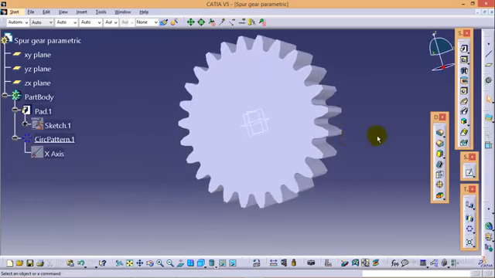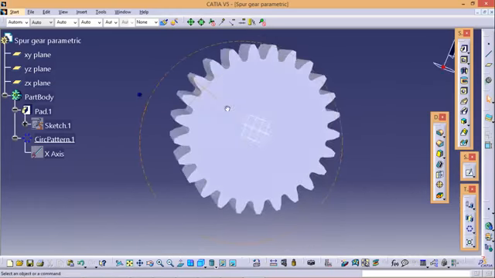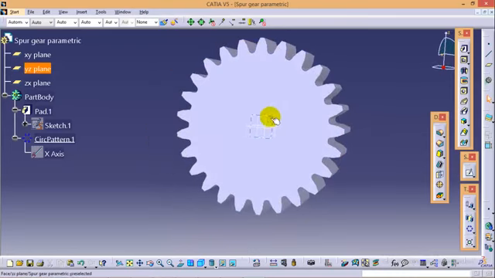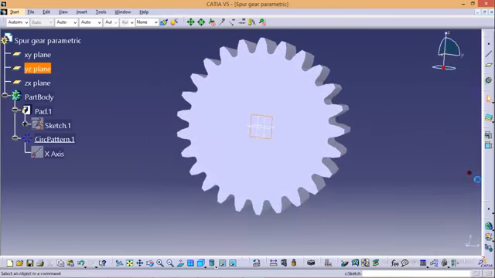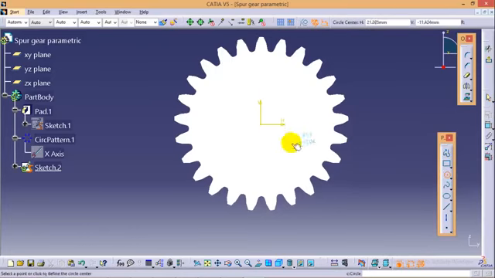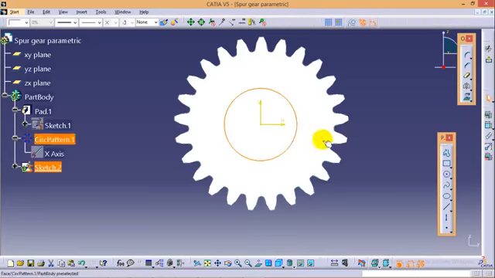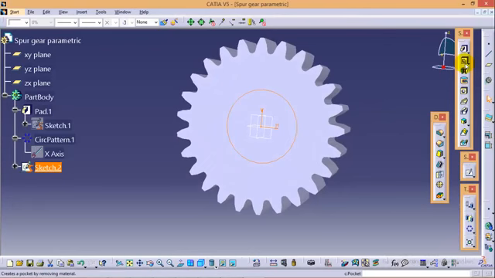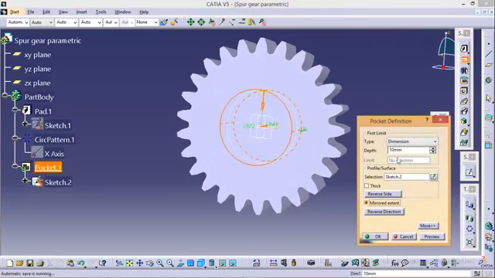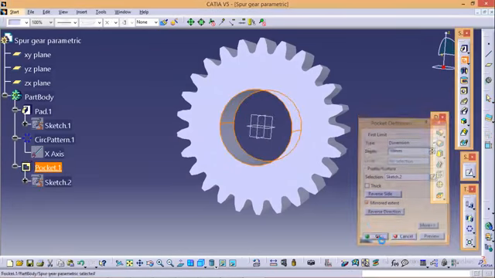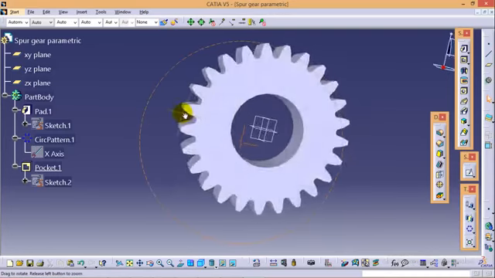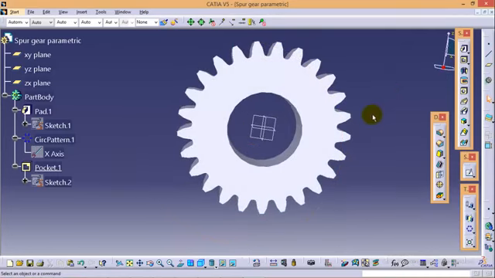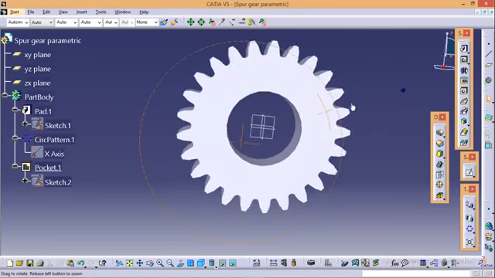Now one more thing that we need to do is create a hole for the shaft. So quickly select this YZ plane over here, go to sketch, make any circle with a comparatively smaller radius than the base circle, like this, and use a pocket command with a mirror extent of 10 mm each side. So yes, this is our complete spur gear with module 3.5 and number of teeth 25, as you can see here.